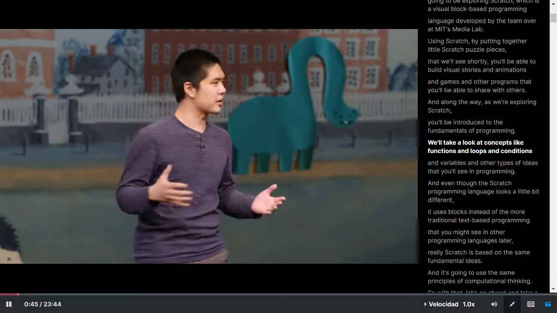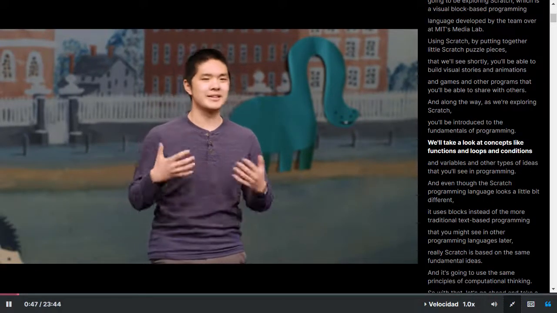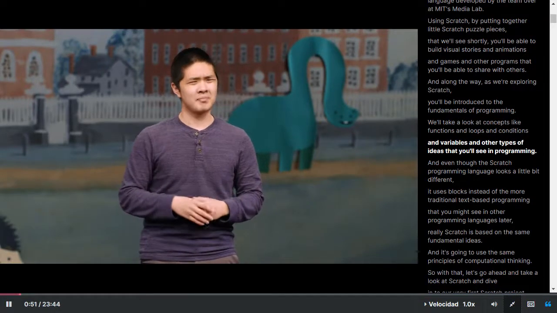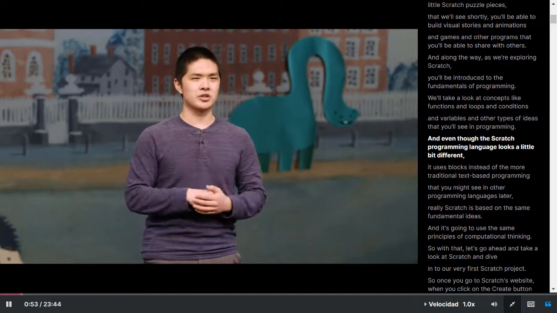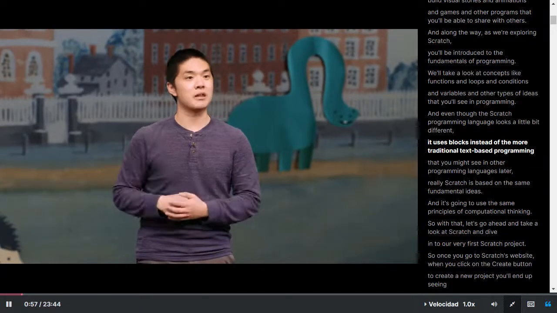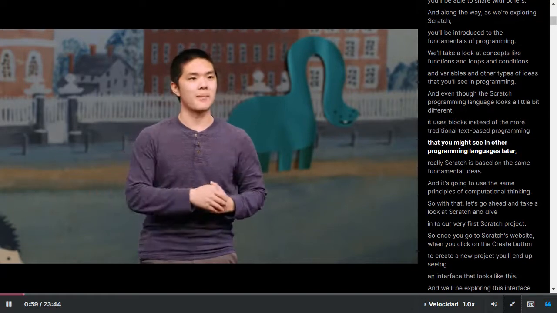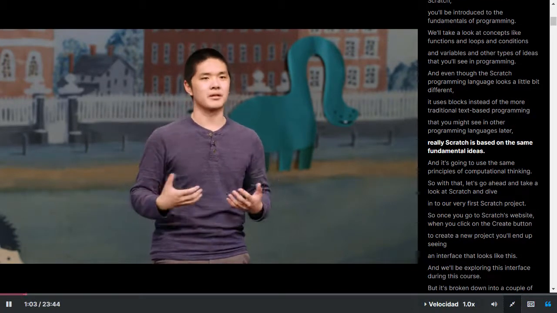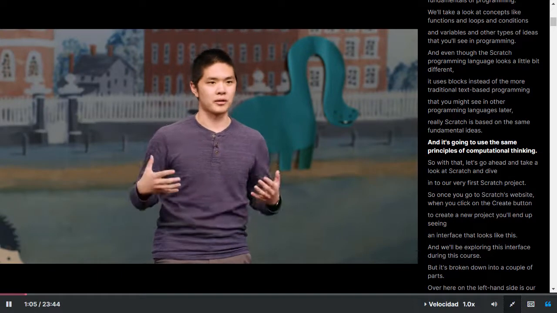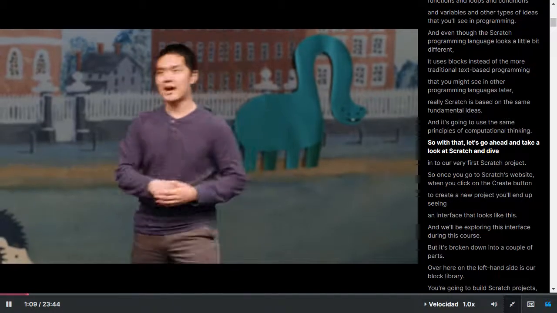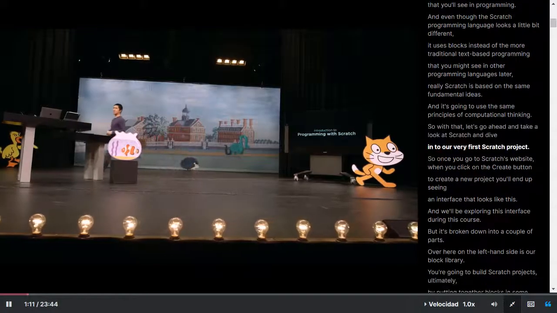We'll take a look at concepts like functions and loops and conditions and variables and other types of ideas that you'll see in programming. And even though the Scratch programming language looks a little bit different, it uses blocks instead of the more traditional text-based programming that you might see in other programming languages later, really Scratch is based on the same fundamental ideas, and it's going to use the same principles of computational thinking. So with that, let's go ahead and take a look at Scratch and dive in to our very first Scratch